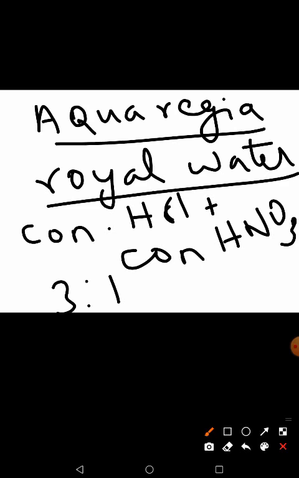Okay, so now this aqua regia can dissolve even the most unreactive metals. What are the unreactive metals? Examples: your gold, silver, platinum. They are all not reactive. So this aqua regia has the capacity to dissolve even the most unreactive metals. Okay, these metals, you know, this gold, platinum, they are insoluble in individual acids, but this aqua regia has the capacity to dissolve those metals even, which are considered to be unreactive. And this aqua regia is a highly corrosive liquid. No, it's dangerous. And this aqua regia, you know, the color, it is yellow orange in color.